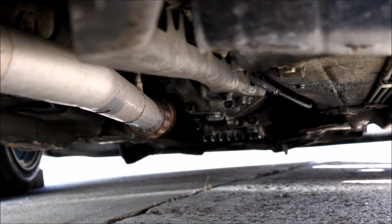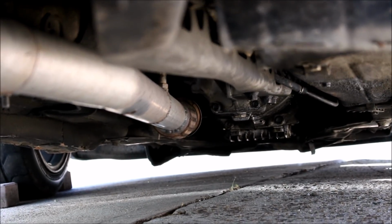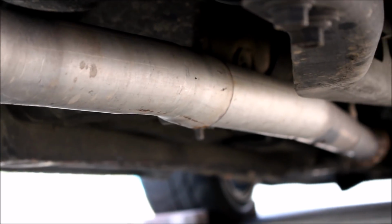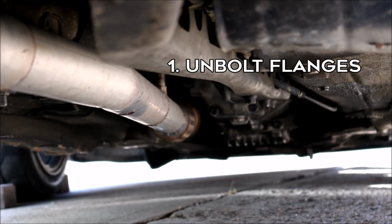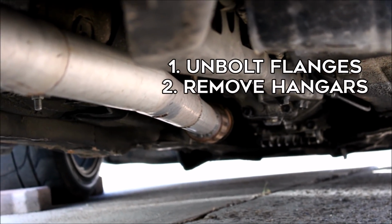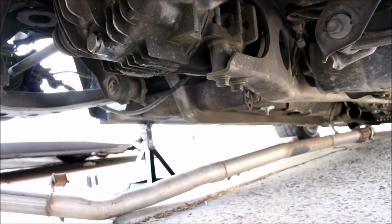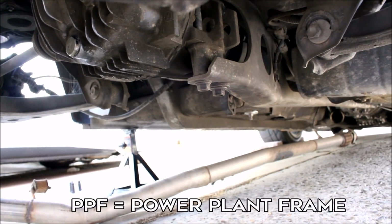Next thing you got to do is drop your exhaust. This step is going to vary a lot depending on what kind of exhaust you have on your car. You basically just have to unbolt all your flanges and then undo all the mounts and drop your exhaust to the ground. The next thing we have to take care of is moving the power plant frame, or the PPF,